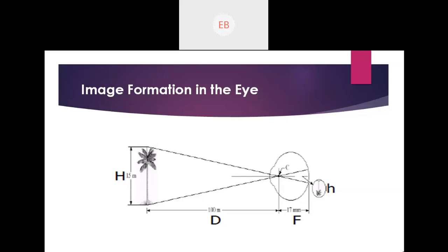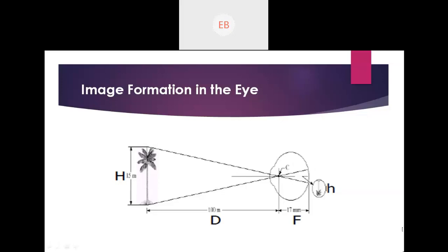So now we have four variables here. Small h is the original height of the image, capital H is the image which is perceived by the human eye, d is the distance between the eye and the image, and f is the focal length, the distance between the center of the lens and the retina. And we have the values for capital H, d, and f. So what do we need now? We need the value for small h, that is, we have to calculate the original height of the image.